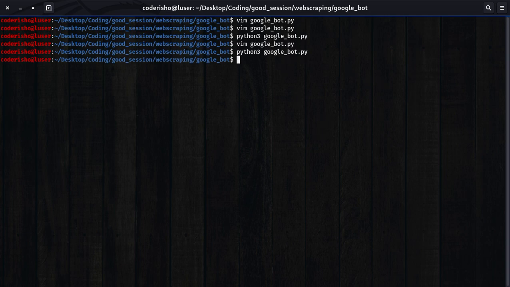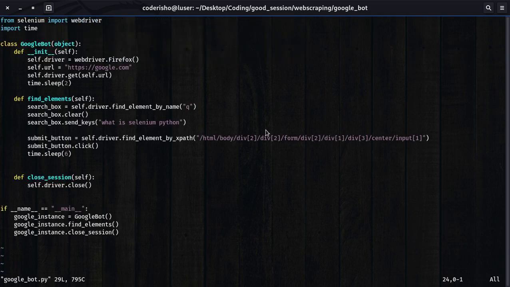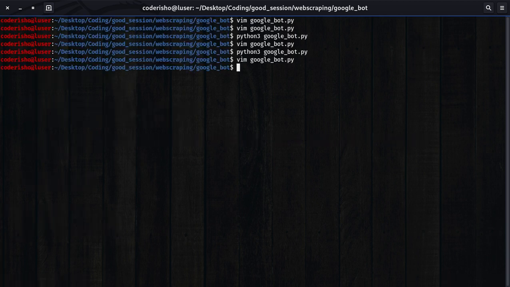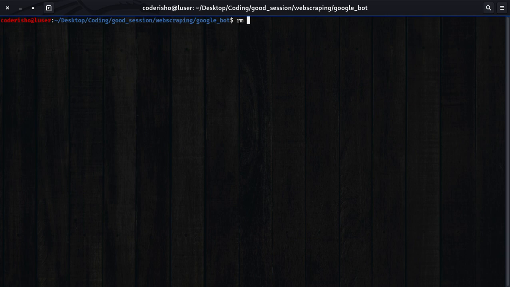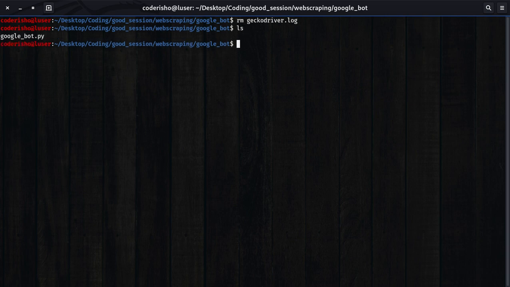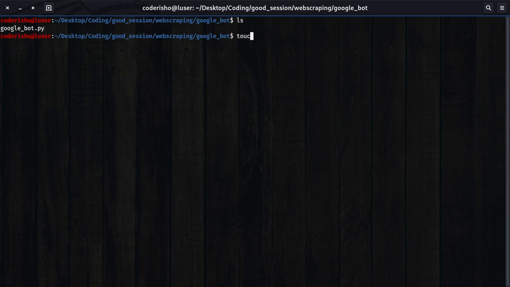So I want to add a new feature to our bot, to our GoogleBot here. What I want to add is to give it just a file that contains some terms, and it will automatically search for those terms for me. So let's just create a .txt file for now. Go back here, remove the log file. Okay, so I'm gonna create a file for now. Let's call it terms to Google, for example,